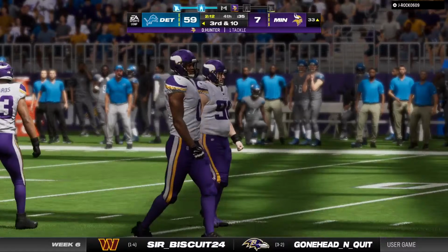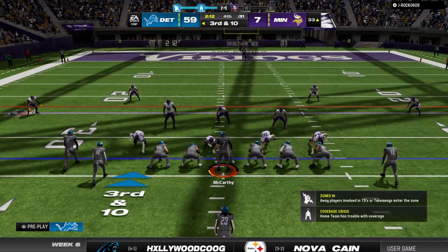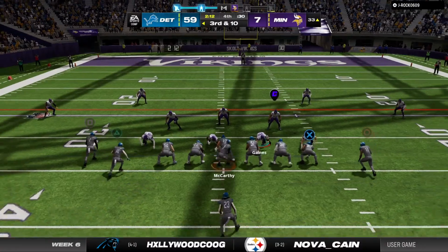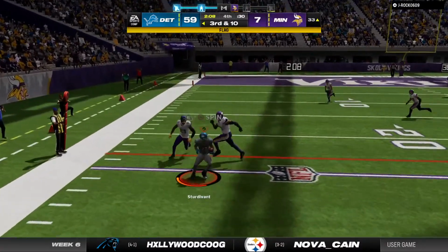But Charles, they're still airing it out at this point despite that huge lead. And some people may be saying, well, why are they throwing the football? These guys, I guess, are just padding their stats at this point. Yeah, there are a lot of big grins, I think, from...